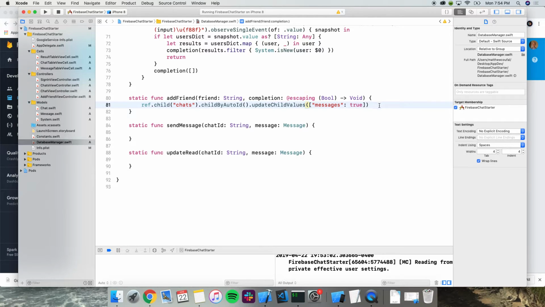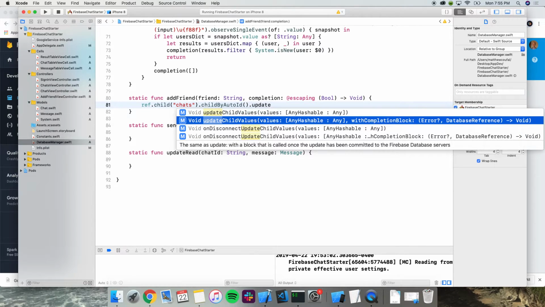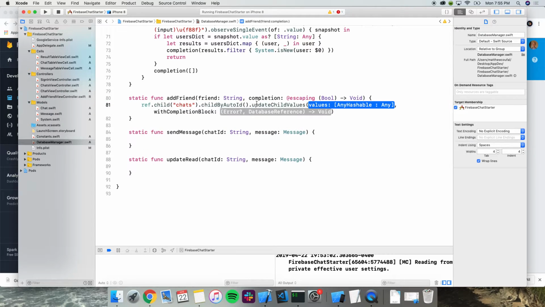Okay. So what I actually want to do, there's a function that has a completion handler, and this will actually give me back the chat ID because I automatically created an ID, but I need to access that to actually create a chat.